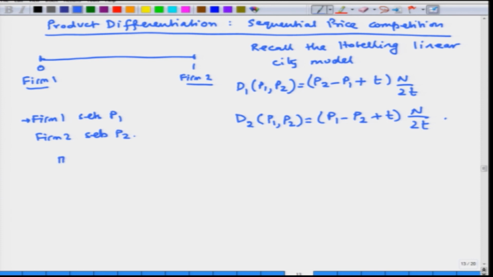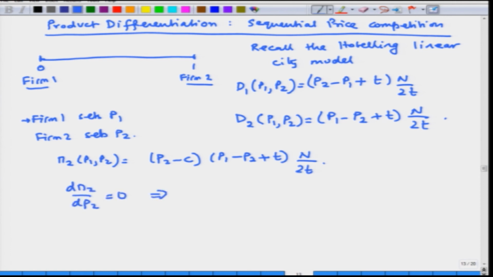So, if you look at pi 2, we have (P2 minus C) times D2, which is (P1 minus P2 plus T) times n divided by 2T. If we find firm 2's best response function by setting the derivative equal to 0, you can check, based on what we did earlier, that it yields P2 as a function of P1, which is (P1 plus T plus C) divided by 2. The best response function was